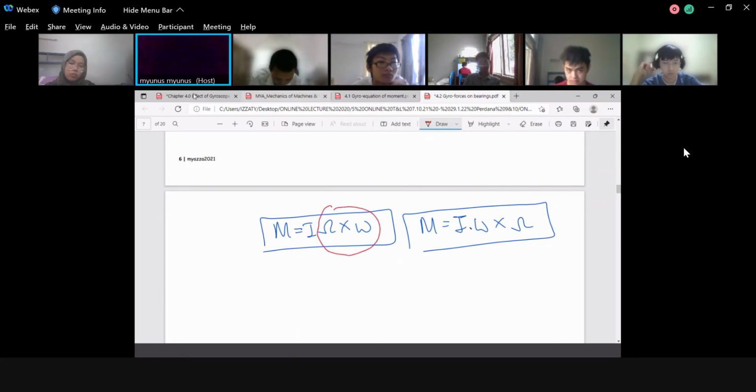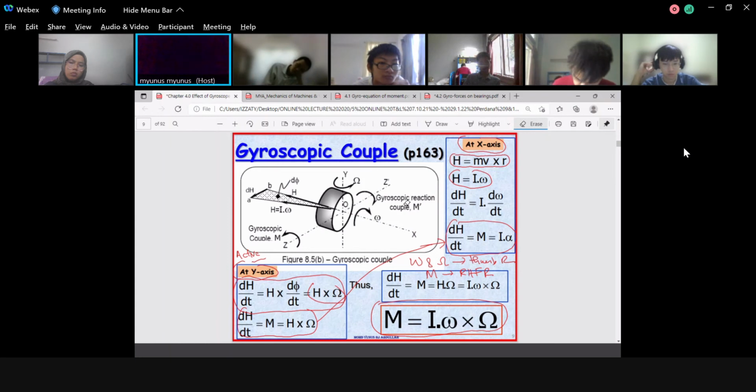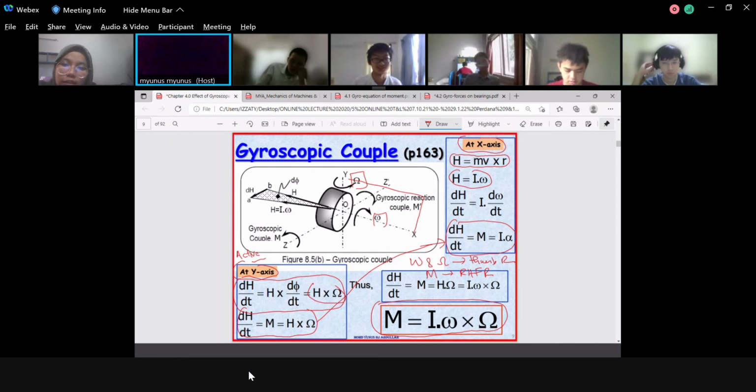Why? Look at, you go back here. If I can clear this thing, look at the plane for this rotation and also for the spin and also, what do you call it just now, precession. Where is the plane? The plane is this one. Look at the end. This one. So this is the plane, isn't it? Correct? Yes or no? Yes or no? Yes or no? No one answers. Can you hear me or not? Yes, doctor. Correct or not?